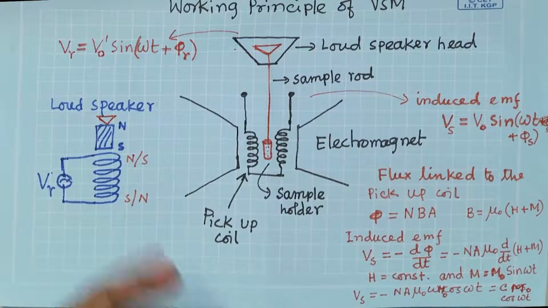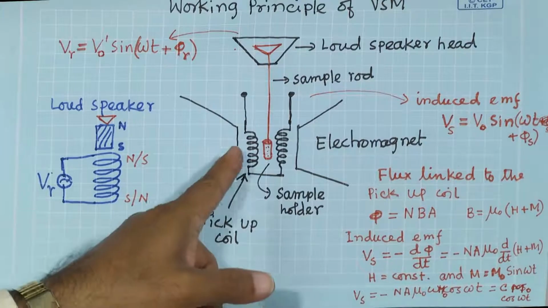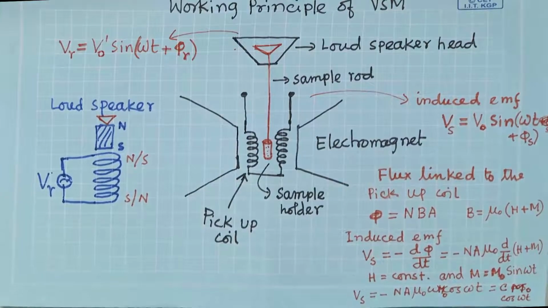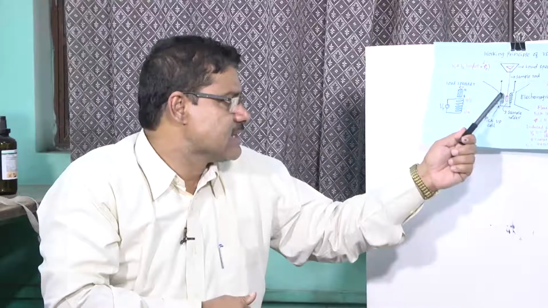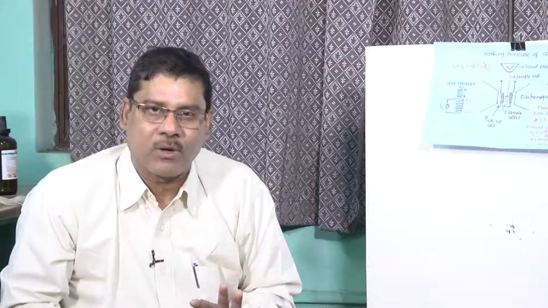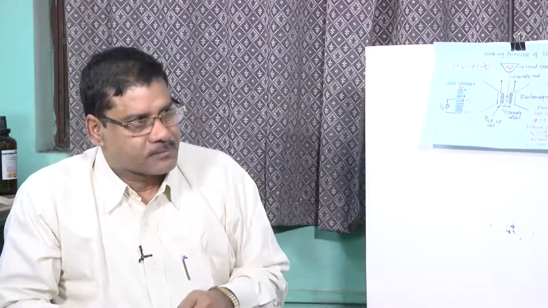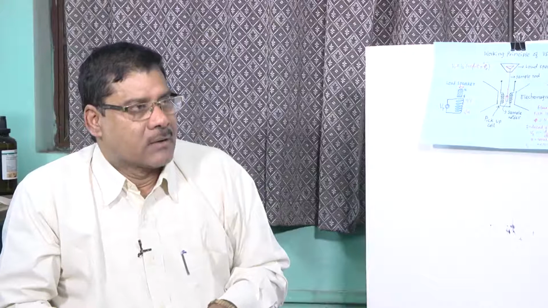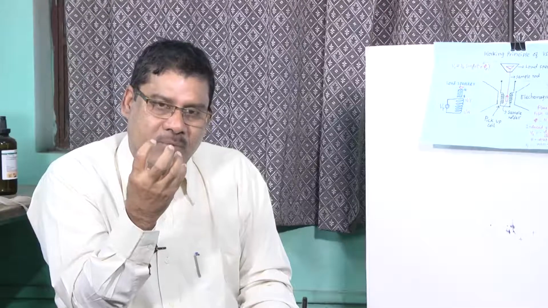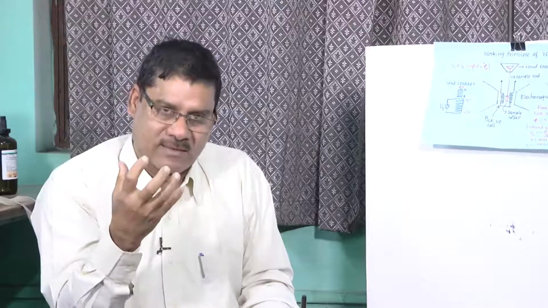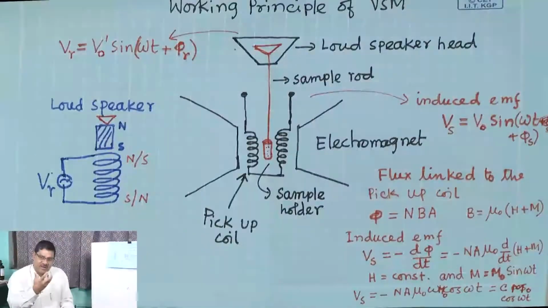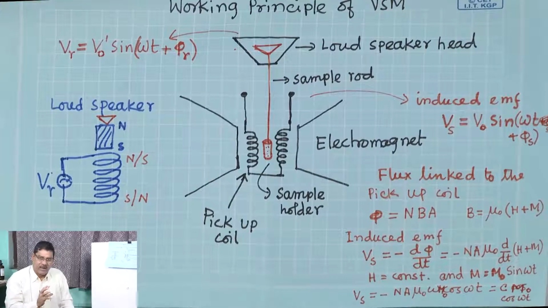Okay. So, from the electromagnet I will apply a magnetic field, and I will be able to vary the magnetic field, and at different magnetic fields, what is the magnetization induced in the sample that I want to measure? Now I have to measure magnetization. I know the magnetic field from the electromagnet. For this magnetic field, what is the magnetization?